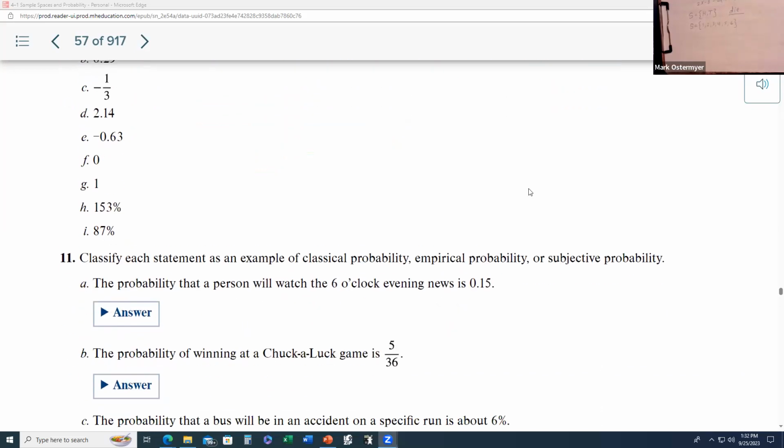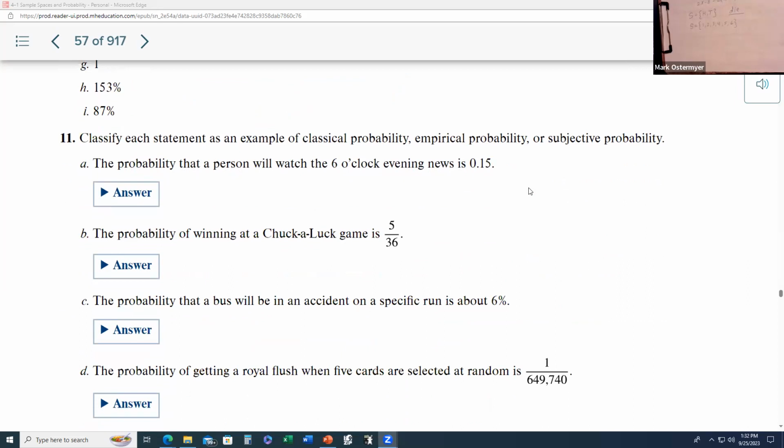All right. Let's move on. Classify each statement as an example of having used the classical or the empirical way or a subjective way of computing probabilities. Remember, the classical way is an equal likelihood model where all outcomes are deemed to have an equal chance of occurring. Empirical probability is based on relative frequencies of occurrence of an event in the past. Subjective probability is just like firing from the hip, I guess. We're not really going to get into subjective probabilities too much, but let's see if we can try to figure